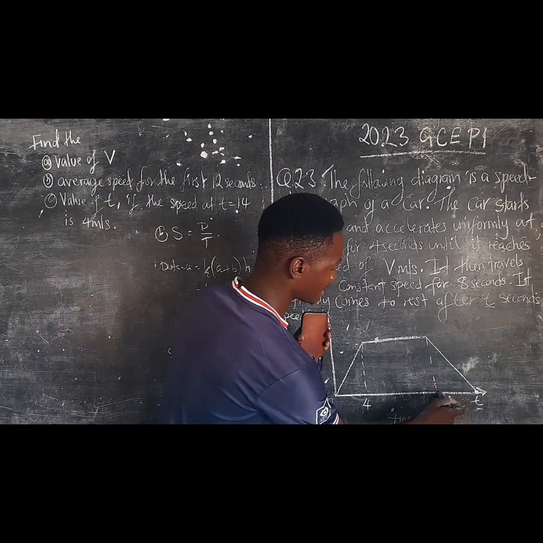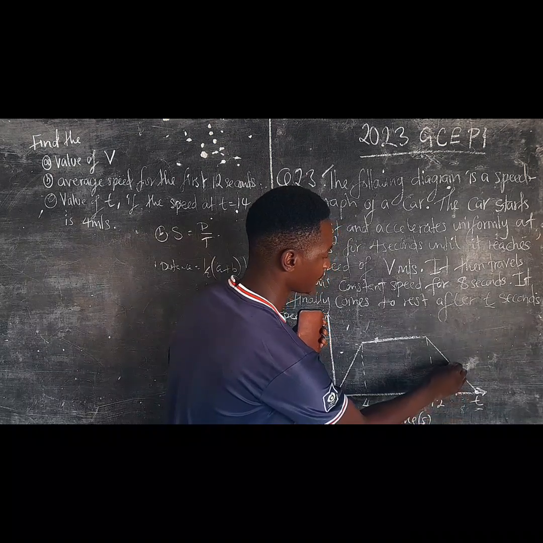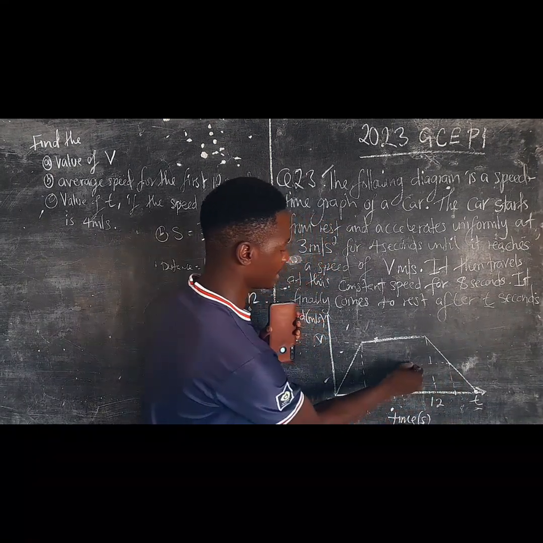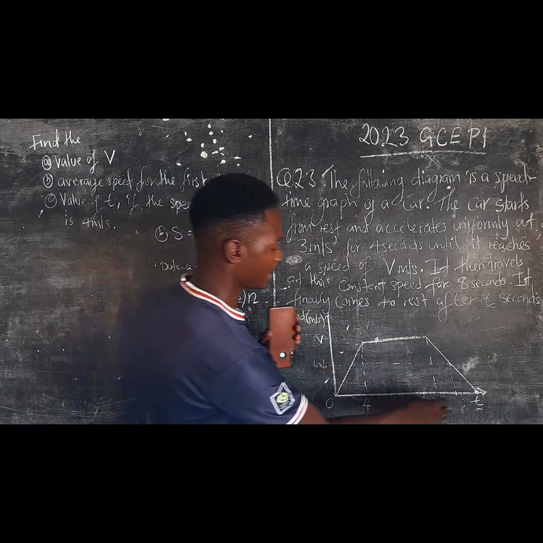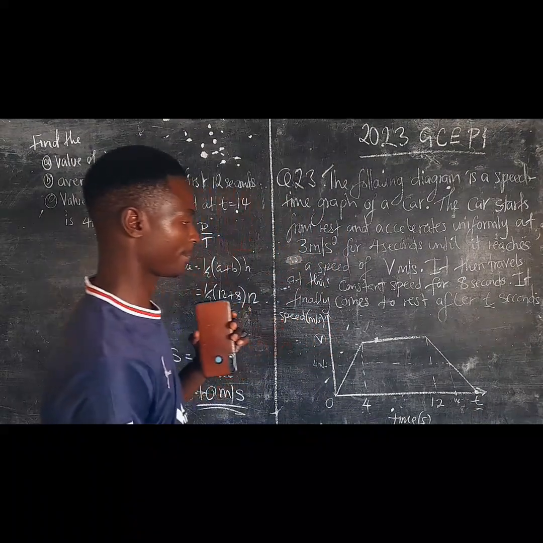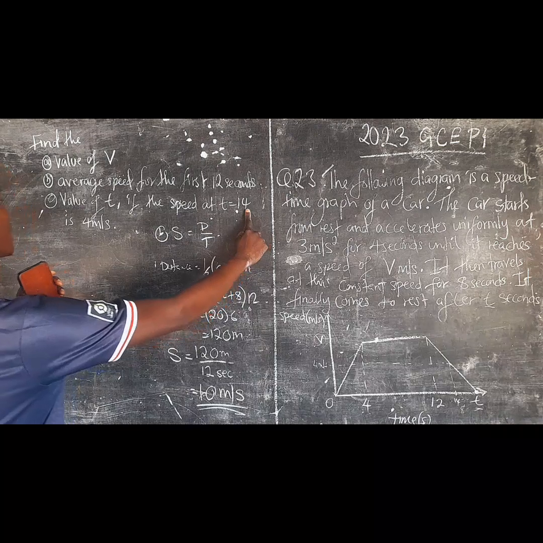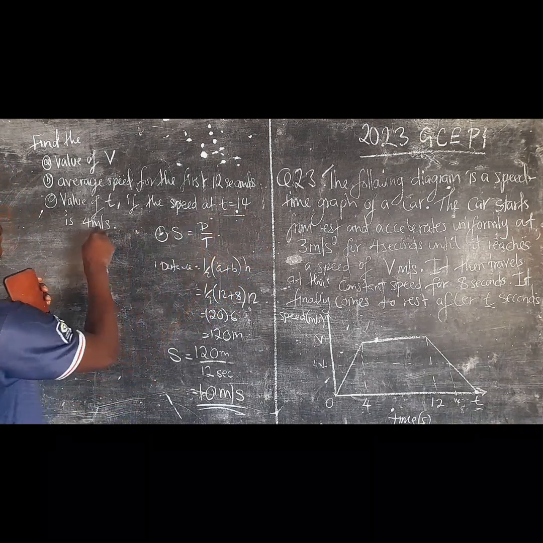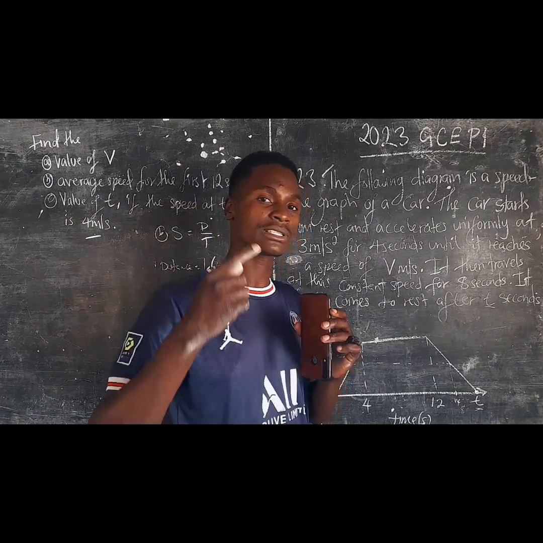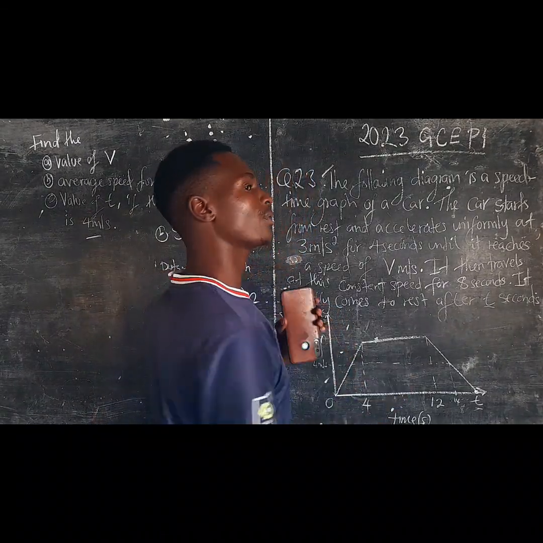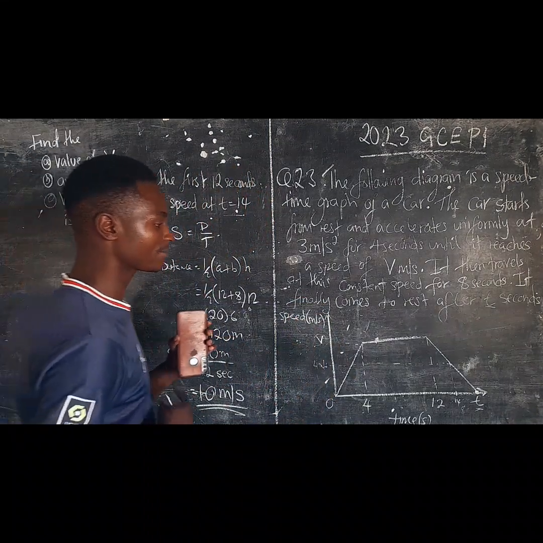14 is just greater than 12. So let's say 14 is here, and the velocity 4 meters per second is here. The reason why we are given t to be 14 and we are given this information is to help us find the deceleration and use the deceleration to find the value of t. That's all. All right. So let's find